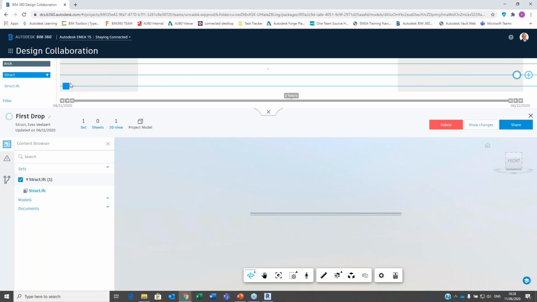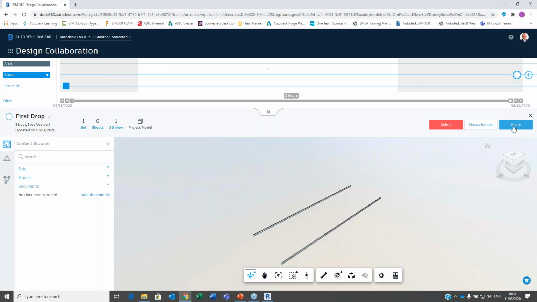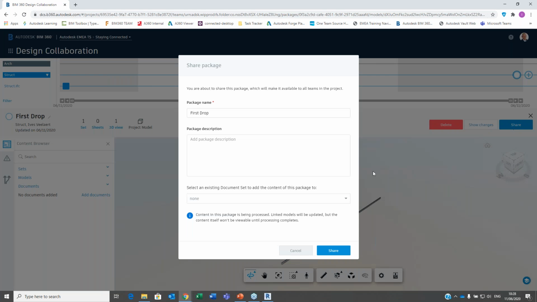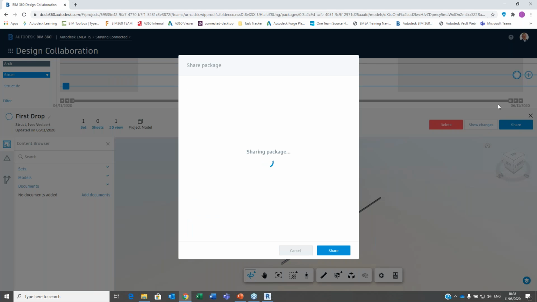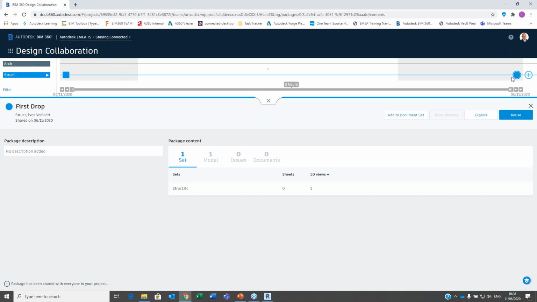Otherwise, it would be filled just as the square here with blue. And you can see that, right? This is just for me to say, do I have everything? By the way, I can add other documents. So if I have technical specifications or anything, I can also put them in this package. And once I'm happy with that, I can say, cool, let's share this. Okay, let's do that. And you'll see that now from my point of view as a structural team, this bulb